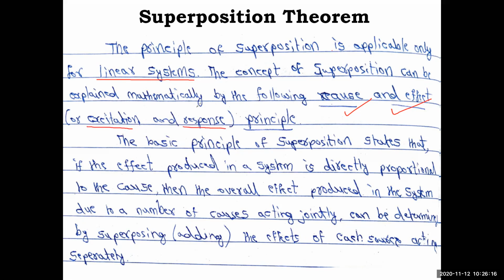That means you have an electric circuit. If you give certain excitation, that means you connect a certain voltage source, you will get a certain response in terms of current or voltage in the load. That is what excitation and response means, and this we will study as a part. So superpose separately: if two or three sources are there in the mains, we'll take one source at a time and study its response, then take the second source, then the third source, and then we'll superpose them.